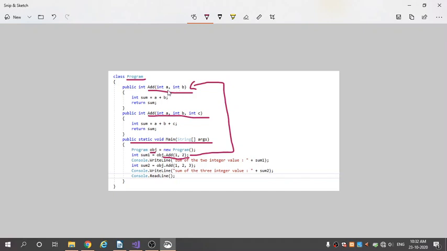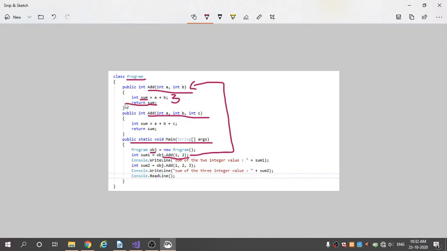And inside the add method we have created one variable sum of type integer, and we are adding those two values, a plus b. A value is 1 and b value is 2. 1 plus 2 is 3, and that 3 value will be stored in this sum variable,